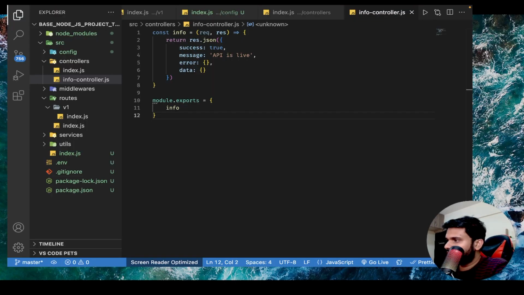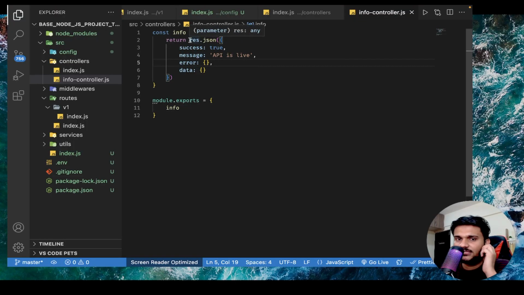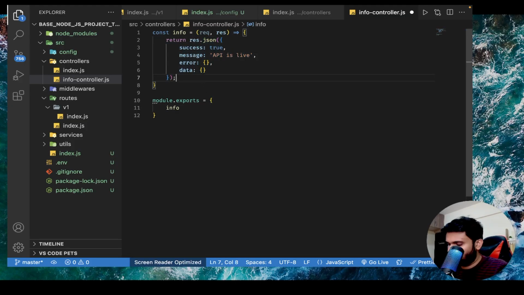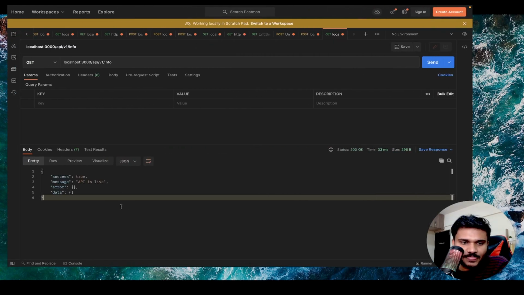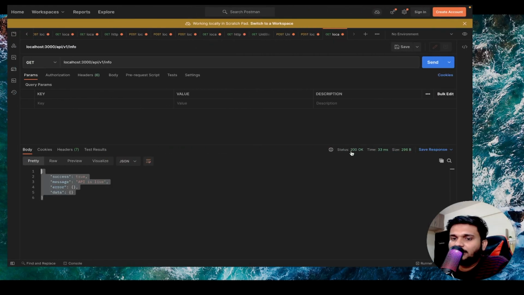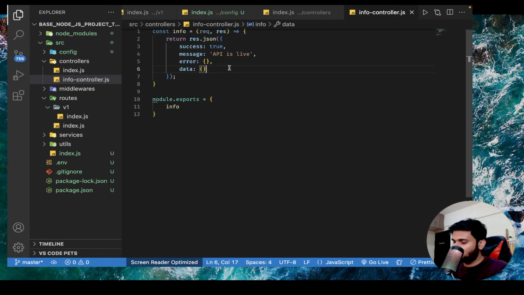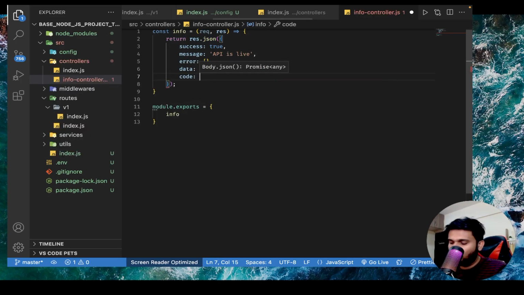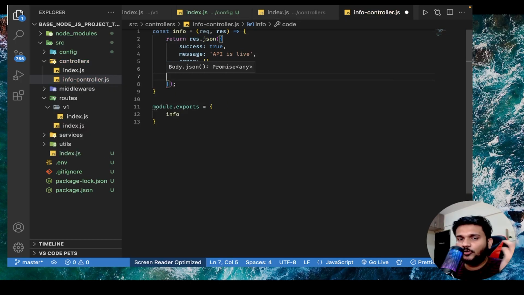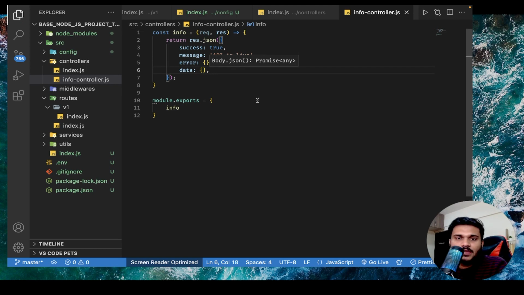Now a few more cleanups that we might have to do. Here you can see when you're doing res.json, first of all, I'll add a semicolon here. When you do res.json, you can see it is already automatically returning a status code 200. We are not manually mentioning status code 200 anywhere. Now, a lot of times you will see people sending something like code 200, something like this. But technically, you don't need to do that in Express.js. In Express, you have a very cool way of defining status code. In the response object, you can say